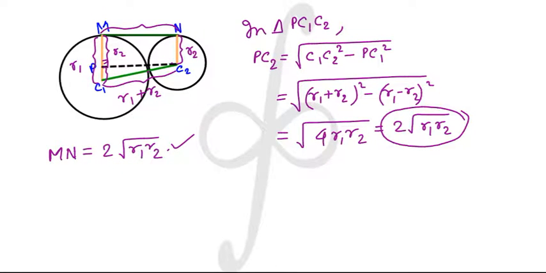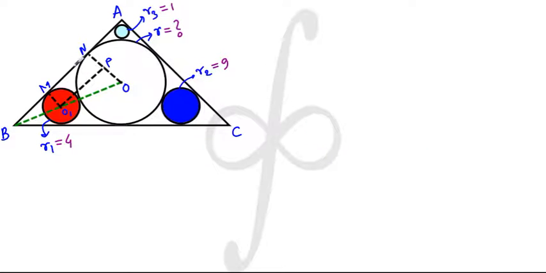So let us come back to this problem. Let us take the incircle and this particular circle whose radius is given to be 4, and let us consider the center is at O1 and the incenter is at O. Now since B and O are joined, this must be the bisector of angle B, so this much angle should be half of B, so this is B by 2, and from the center of the circle,